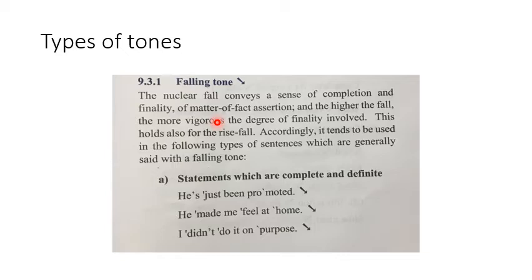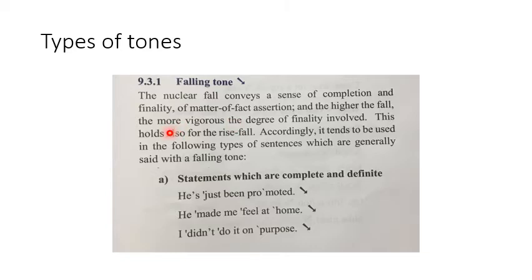زي مثال جملة red is a very warm color. لما أحكي هذه الجملة وأسكت، statement خبرية with falling tone تعطيني معنى completion finality، خلصت الكلام، فيش حاجة بعدها أحكيها، متأكدة مثلا من هذا الإشي. تمام؟ And the higher the fall، كل ما كان النزول أو الفول أكبر، the more vigorous the degree of finality